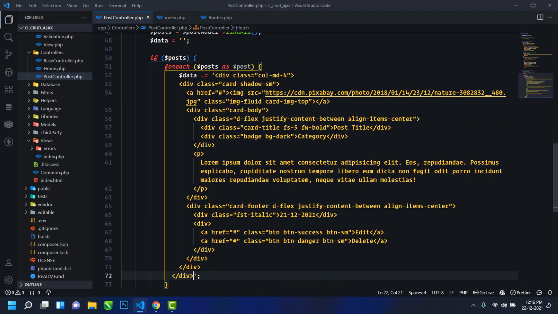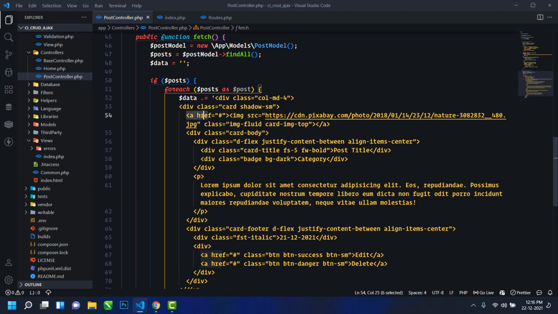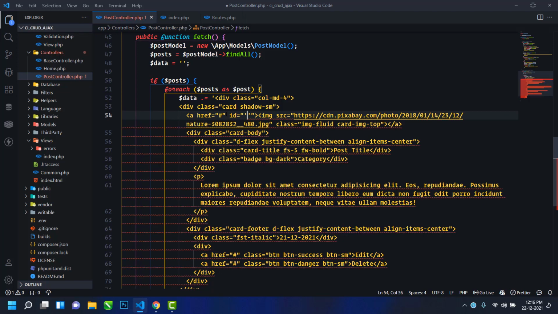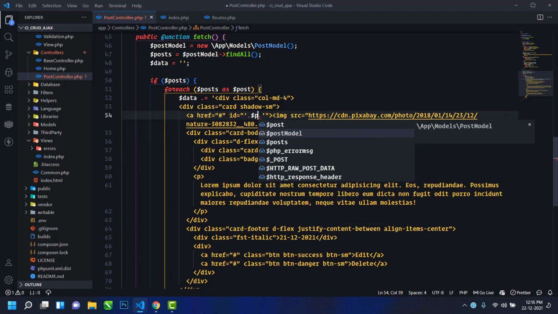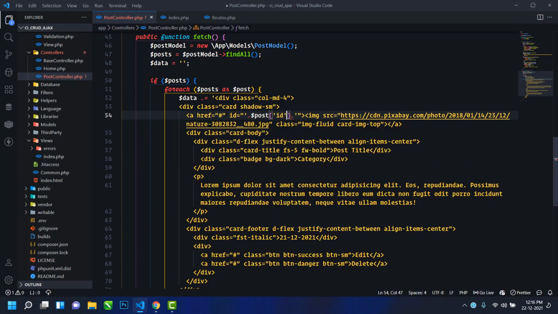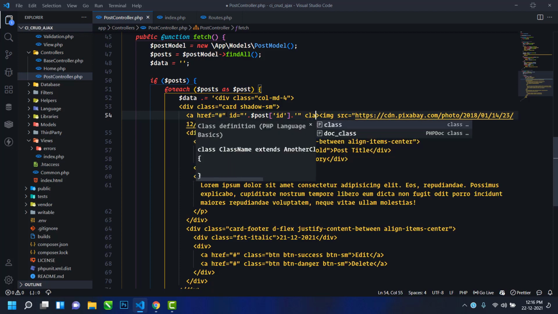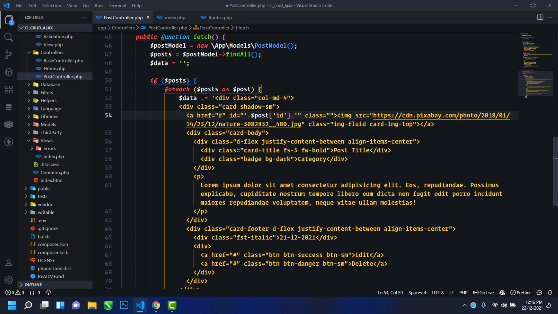Now in this anchor tag, I will use an id, and in this id I will use post and then the id. I will also add a class to this anchor tag, post_detail_btn.